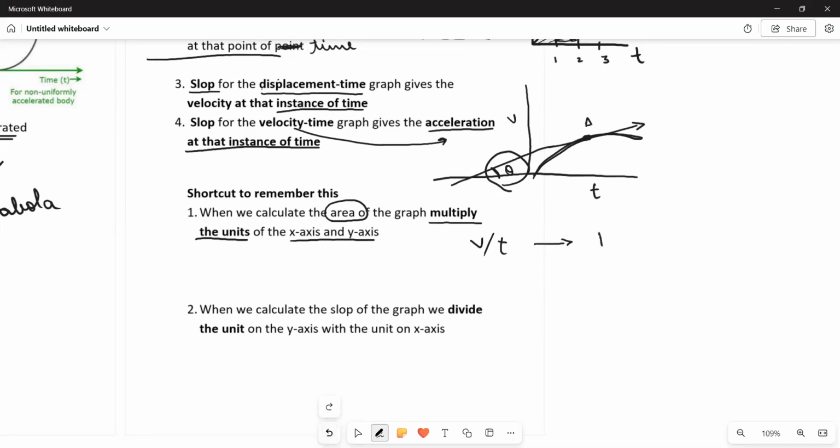So if you multiply the units of velocity and time graph, the unit of velocity is meters per second and the unit for time is second. And if you multiply this meters per second into second, we see that this second and second will get